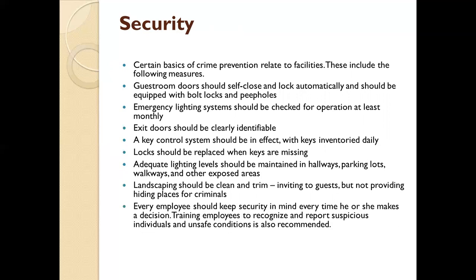And of course, every employee should keep security in mind every time he or she makes a decision. Training employees to recognize and report suspicious individuals and unsafe conditions is also recommended. And for security, of course,